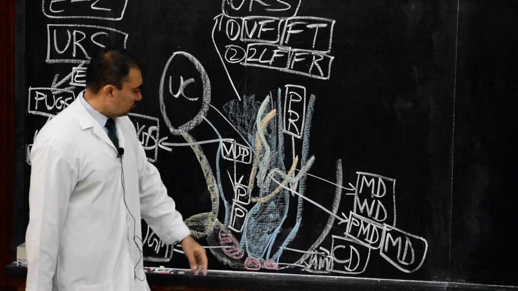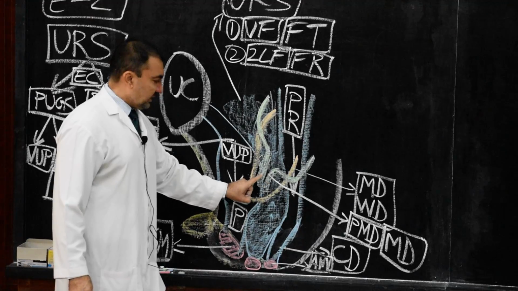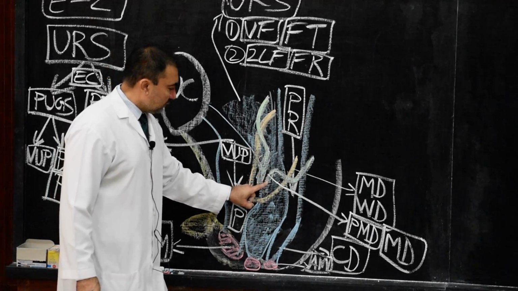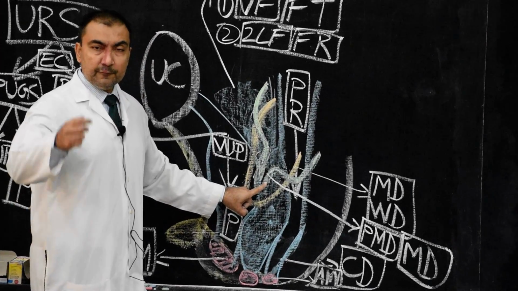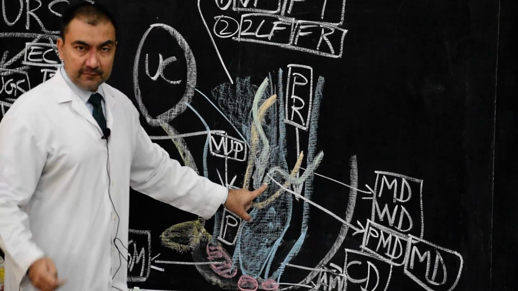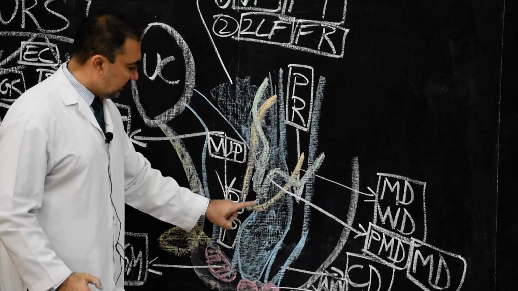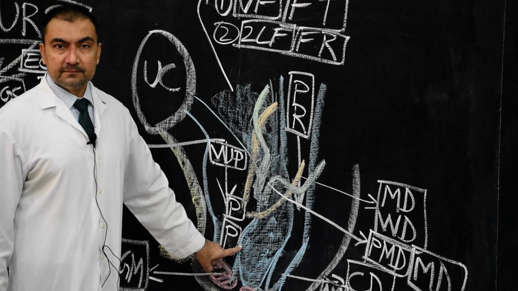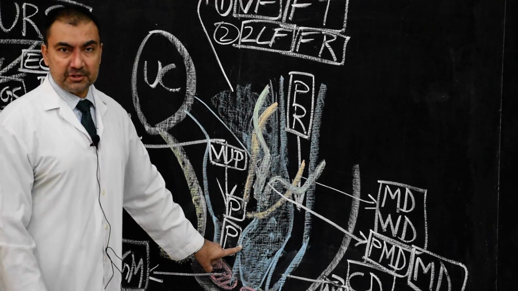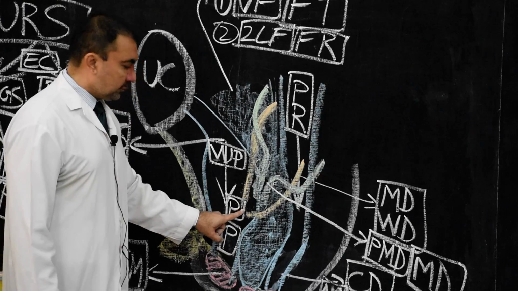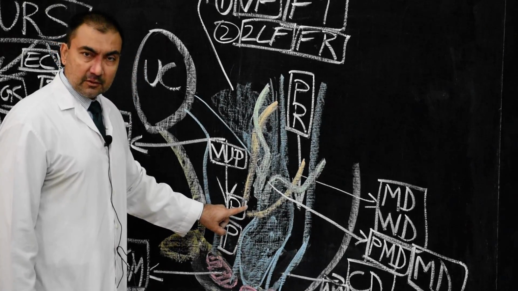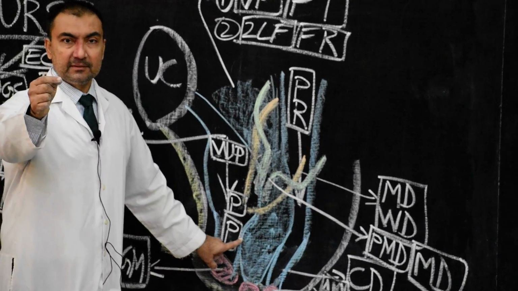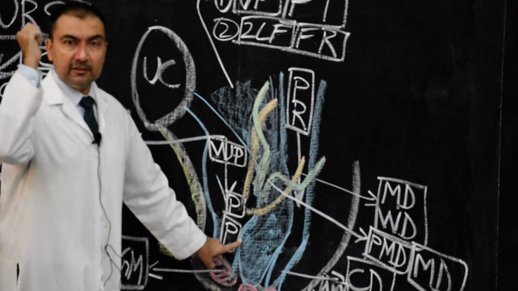Which are the remaining two ducts? Paramesonephric ducts, or they are called Mullerian ducts. So the caudal end of the Mullerian ducts, which will form Mullerian eminence, will then open into the dorsal wall of the phallic portion, not pelvic. Because the dorsal wall of the pelvic portion will receive opening of caudal end of mesonephric ducts, and the dorsal wall of phallic portion will receive the opening of caudal end of paramesonephric ducts.